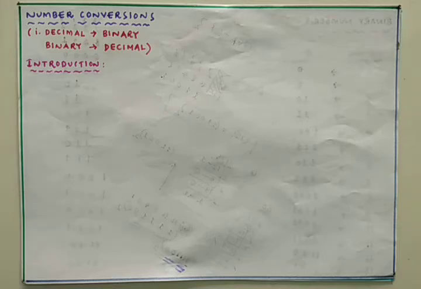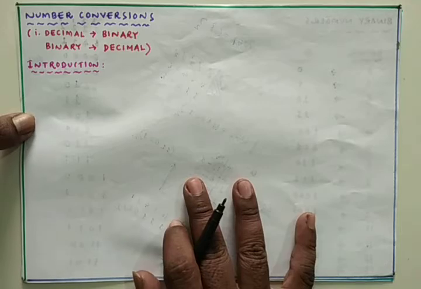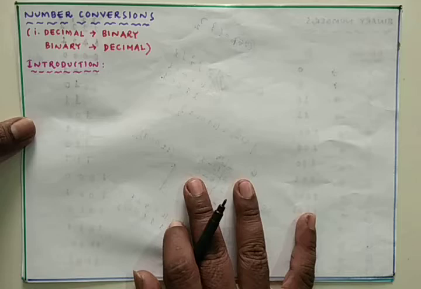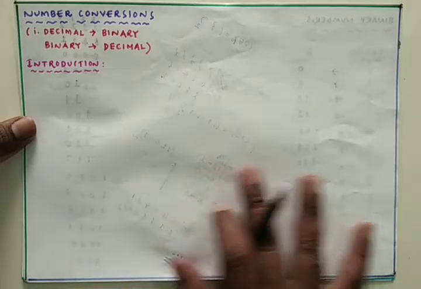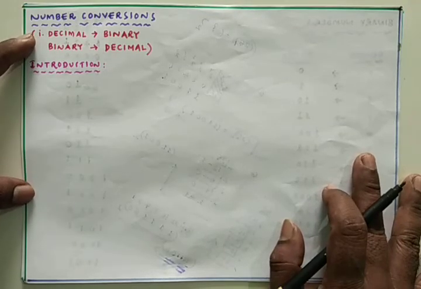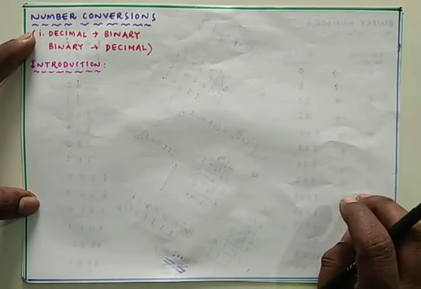binary to decimal. In the last class I have explained how the decimal number will be converted into the binary. I explained two methods, but the method where we used 2 power of 0, 2 power of 1, 2 power of 2, 2 power of 3 is not suitable for large decimal numbers, so we can use the second method, that is called the successive division method.